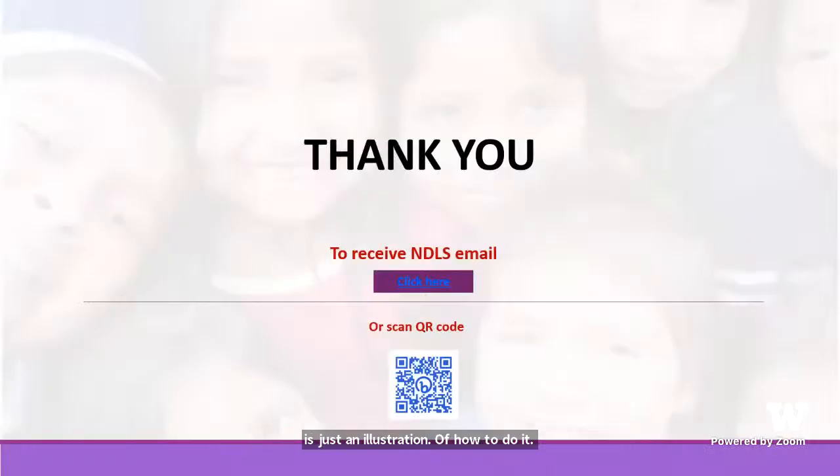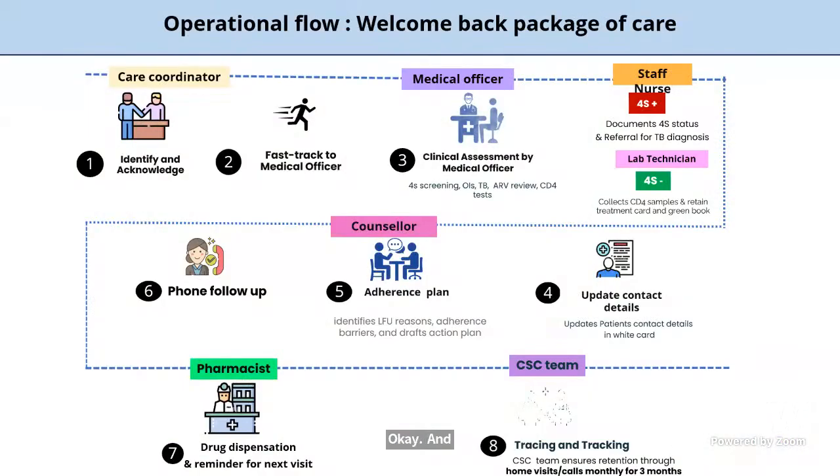Okay, this is more about re-engagement into care, but I think you will have subsequent sessions on how to manage a patient who is presenting with a viral load greater than 1,000. So you do an EAC there, and once the EAC is done, you identify the barriers and try to ensure that the gaps are filled in. So this is in brief, but a very impactful outcome that we need to understand after this session is